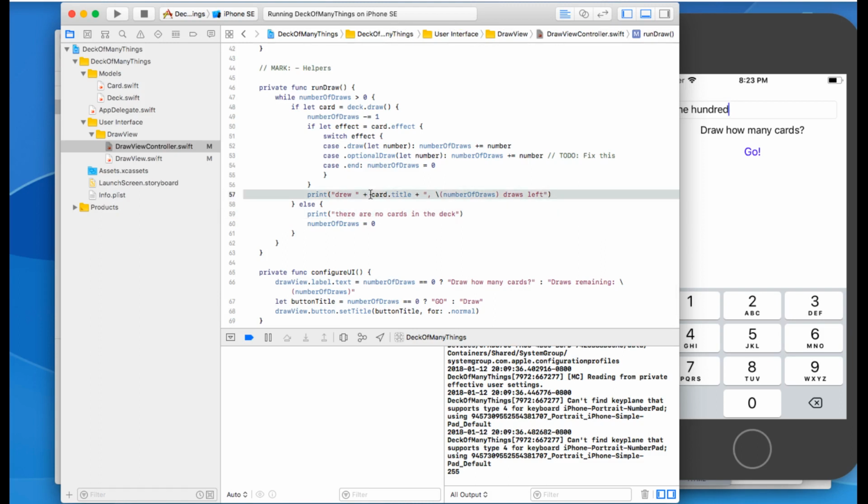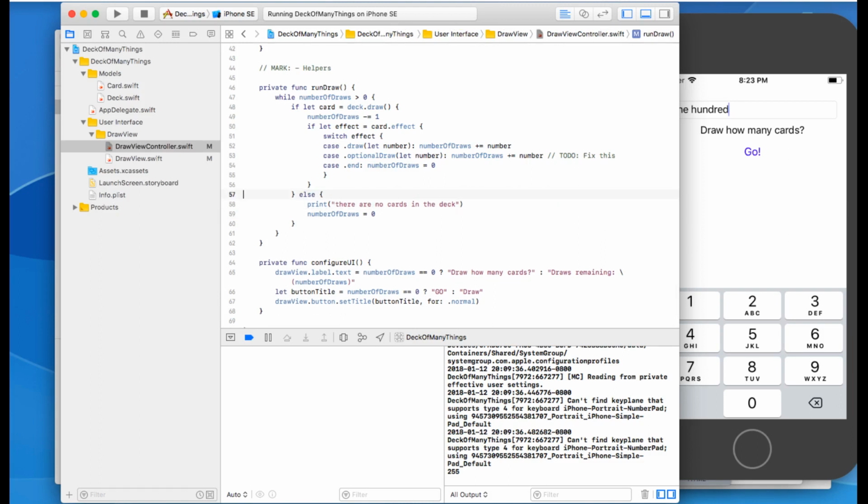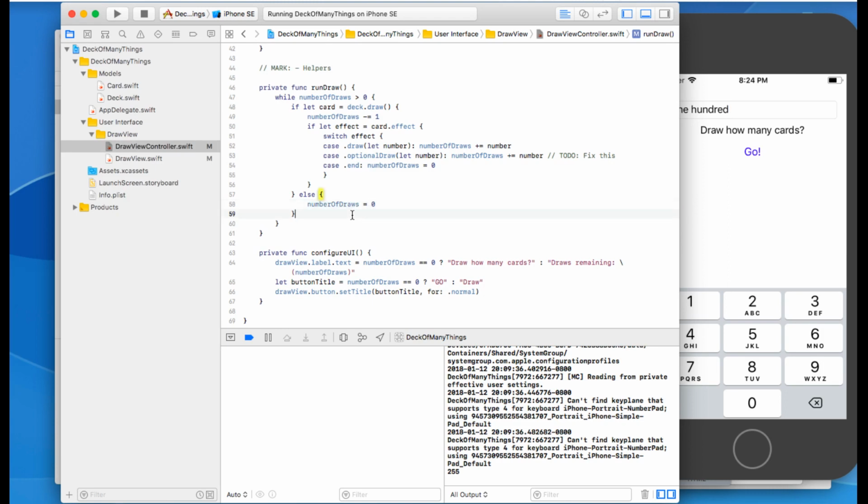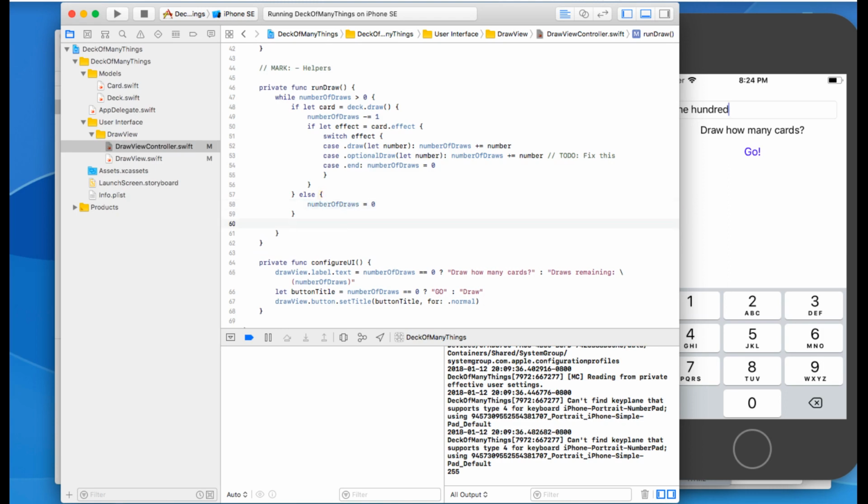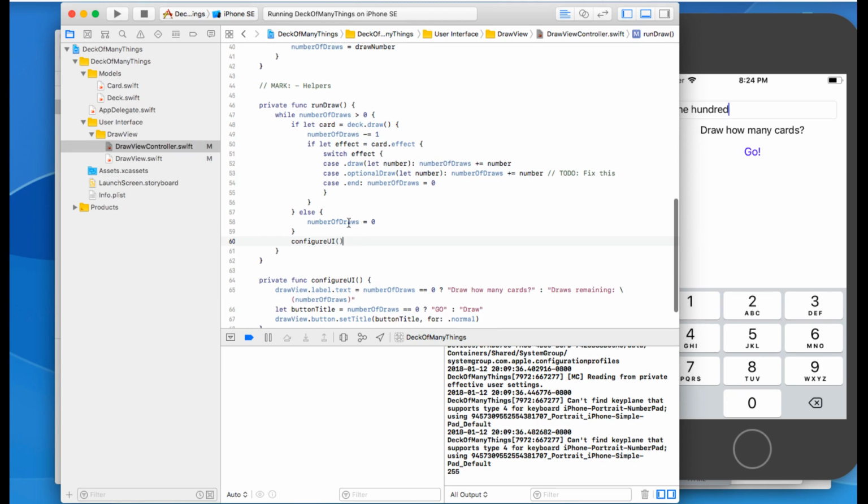So we don't need to write this anymore. So after every time we draw a card,